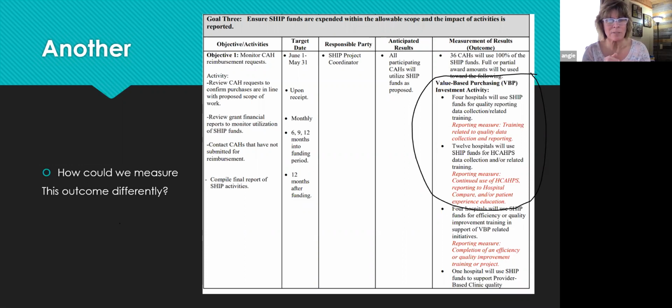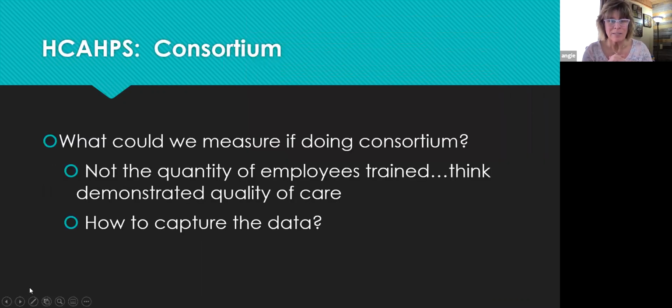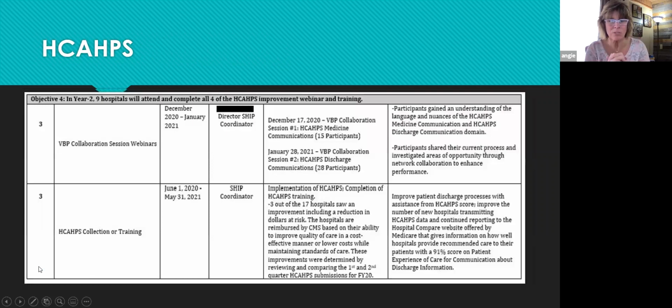All right, let's go to the next one and see what, I don't remember what I have. Consortium. Okay, so if we do a consortium, what does it really look like? You know, it's not necessarily just the quantity of employees trained. Think demonstrated quality of care in a consortium and how to capture that data and what do we want to do with that data. And the next slide, we do have one of our groups has a consortium